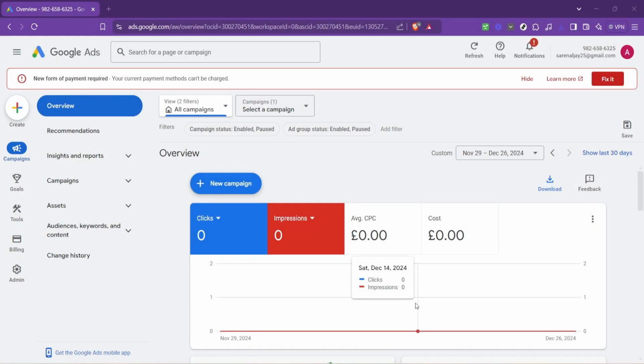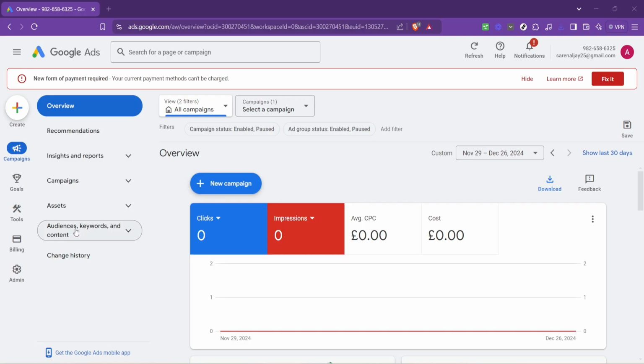Today, I'll show you how to change a Google Ads landing page. A landing page is the web page people visit after clicking your ad. In Google Ads, this is controlled by the final URL inside your ad settings. Changing it is useful when you update your website, create a better offer page, or want to send visitors to